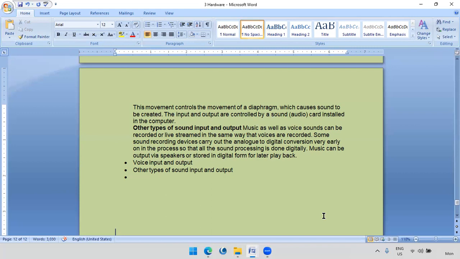Music can be output via speakers or stored in digital form for later playback. So you can record and keep it and then play it later. Voice input and output and other types of sound are the last topics we